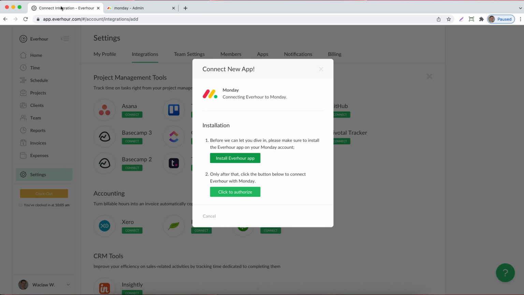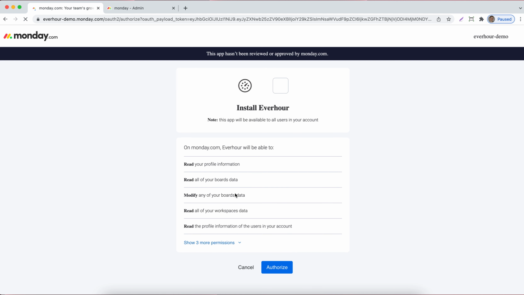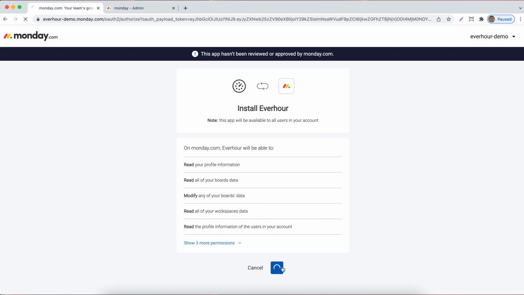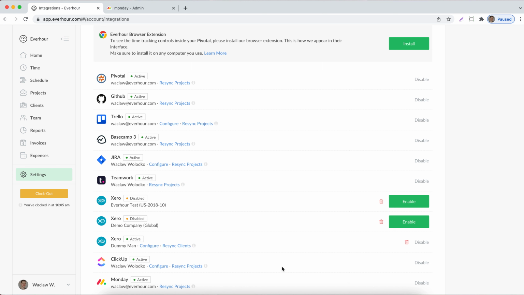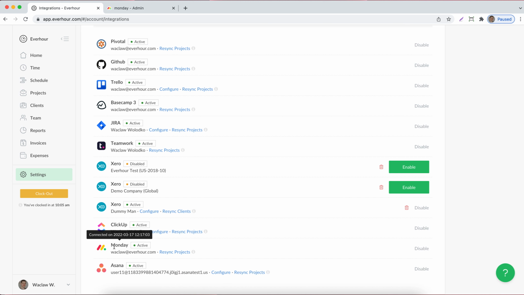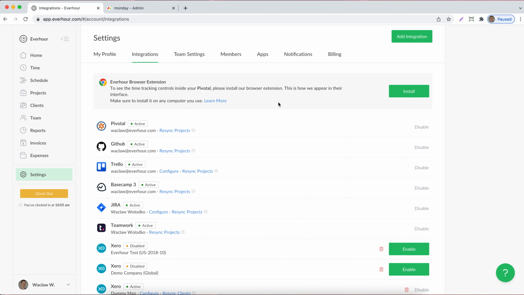The second step is to authorize. Again, click to install, authorize Everhour with the Monday account, and here we go. We've established the connection, and second important thing, if you'd like to track time directly inside your Monday tasks,